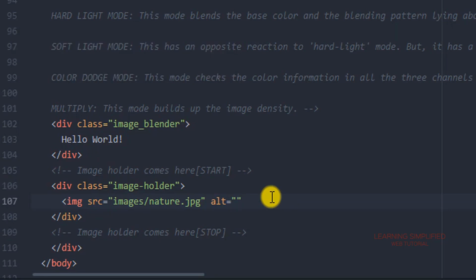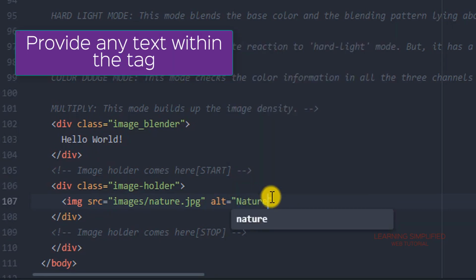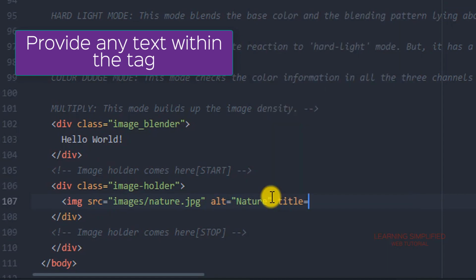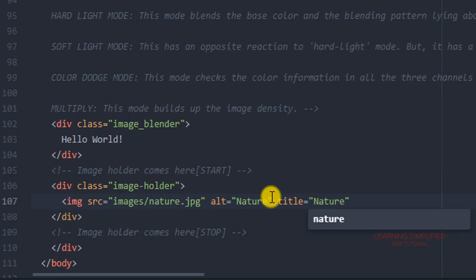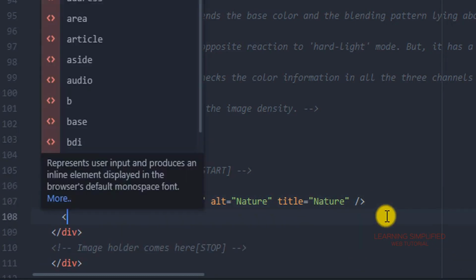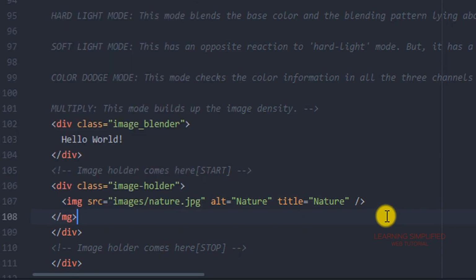So we are providing this alt tag here as nature, and then we are providing a title tag here which will be termed as nature. And another thing, this image source, this image tag, it is practically an open tag or empty tag. That means it has a definite starting but it has no ending. As we have seen in our previous cases, it doesn't end like this, but instead it ends as it has been shown over here.